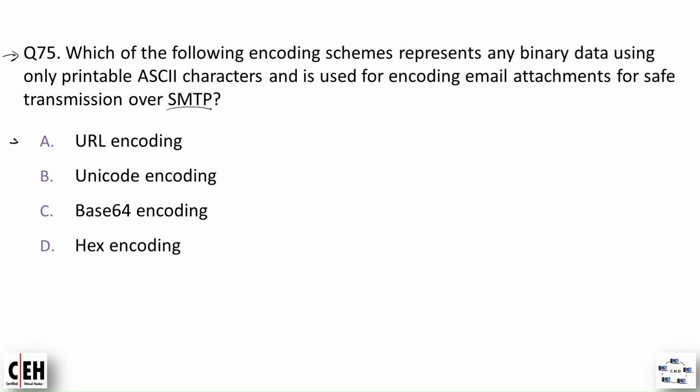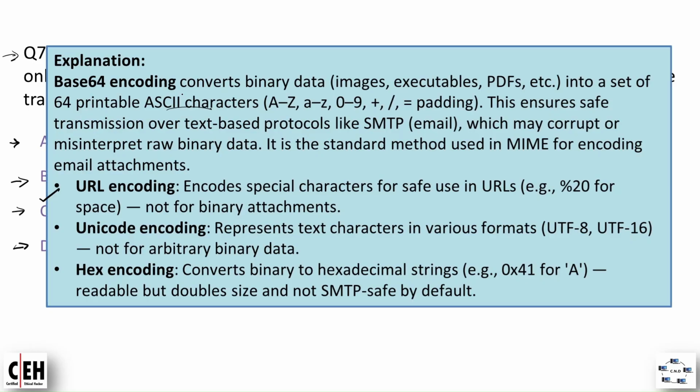Option A, URL encoding. Option B, Unicode encoding. Option C, base 64 encoding. And option D, hex encoding. And the correct option is option C, base 64 encoding, and the explanation is, so base 64 encoding converts binary data such as images, executables